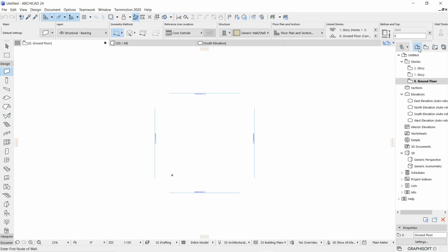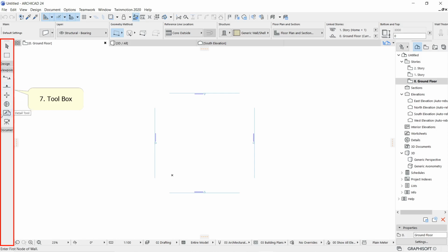At present, you just have to go and find out where the navigator is supposed to be. Okay, so this was the navigator. Now coming from there, on the left side of your screen, you can see these different icons getting displayed, like wall, column, beam, slabs, and there's the design menu, viewpoint, or document. This area is actually known as a toolbox. Remember, toolbar was at the top, and toolbox is on my left hand. So this is the toolbox.